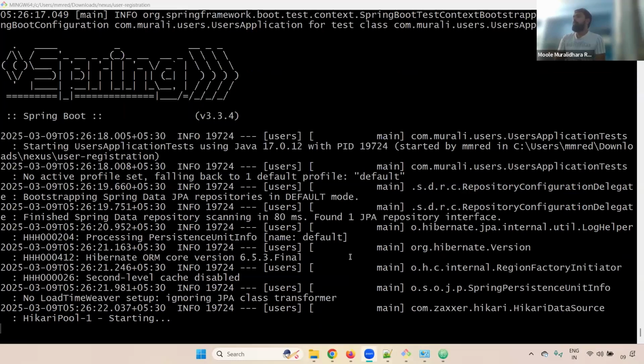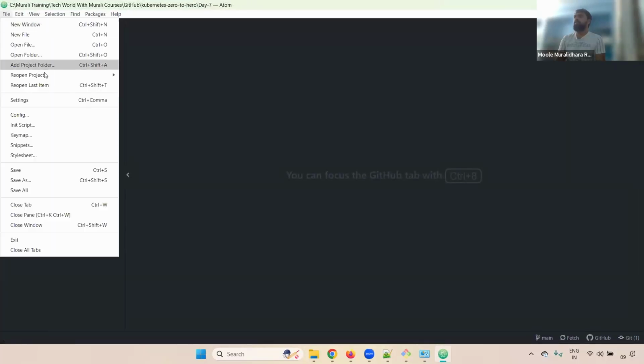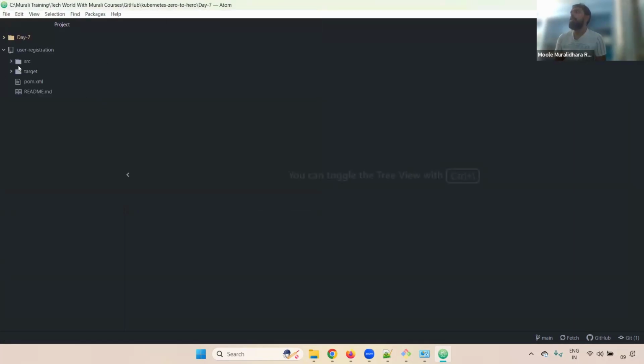Meanwhile, let me open this folder, user-registration, in the Atom editor so that it is easy to understand. I mean, we can see it here. Go to File, Add Project, then go to the Nexus folder, and open this user-registration. Okay, clear, right? Now, if you see here,